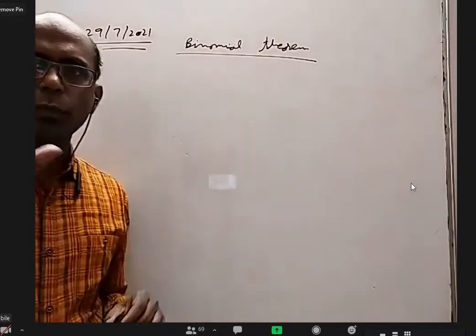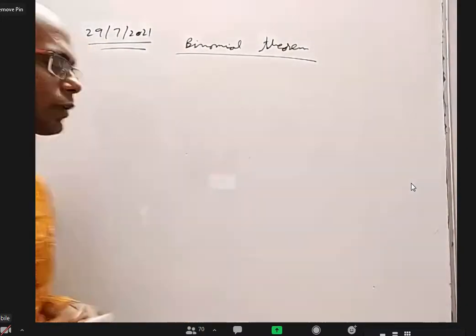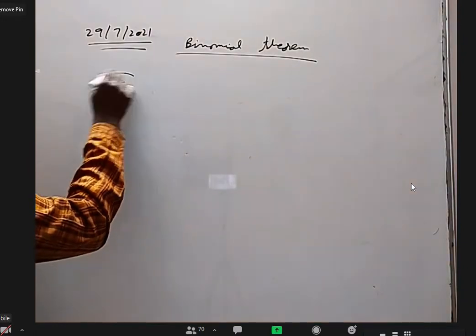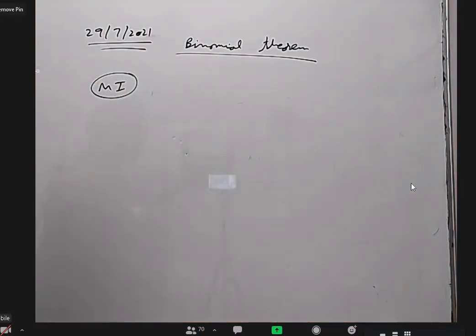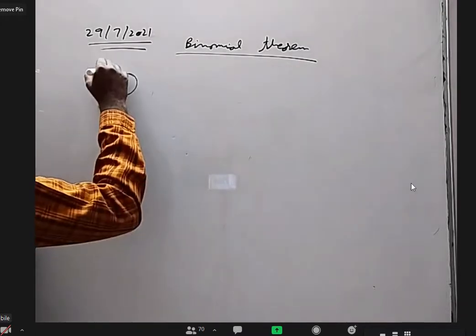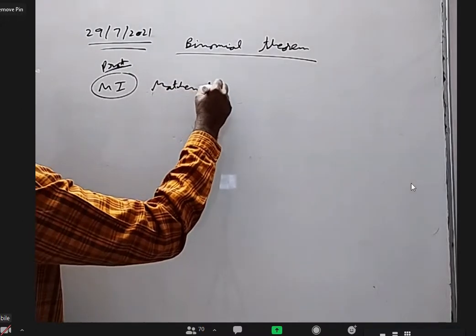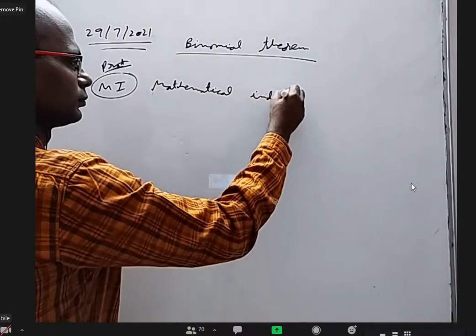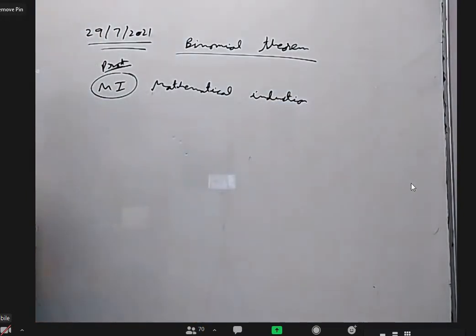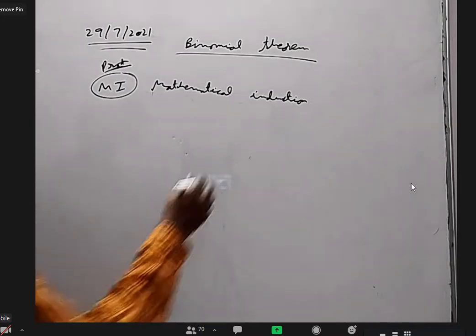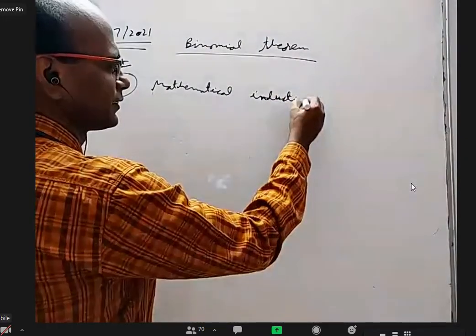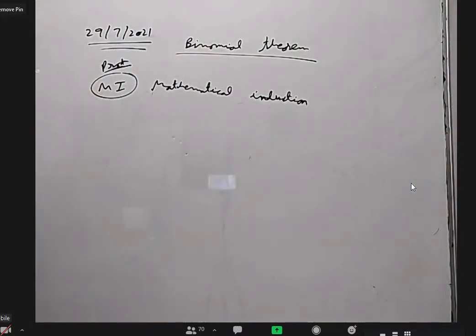If you want to prove the binomial theorem, there are three methods. Method one, which is not so nice a method, but is also a nice method. You know what that is? Mathematical induction. Why is it nice and why is it not so nice? It may feel long. You can prove the expression easily, but it's boring.